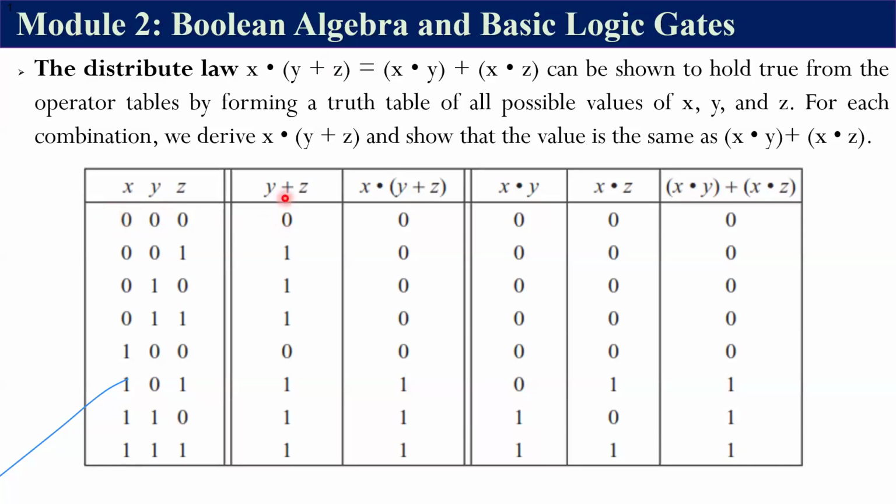And this is the AND gate now, or multiply. So we won't use multiply because that might be confusing. Okay, so we have 0 and this. That will give me what? 0. I have 0 and 1 to give me 0. And you continue on and on, and you will come up with this column. Okay? So we are done with the left-hand side because we have gotten the whole of this expression in this